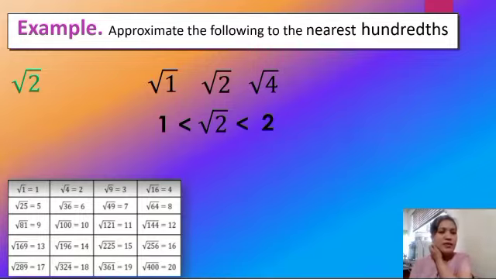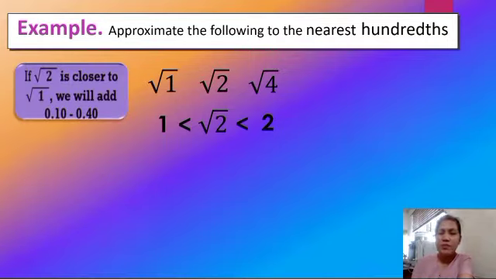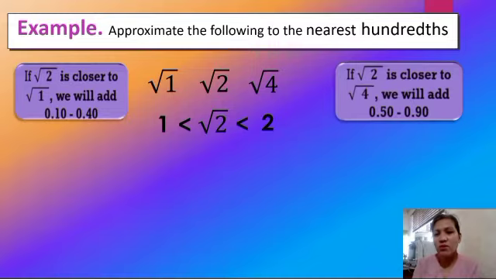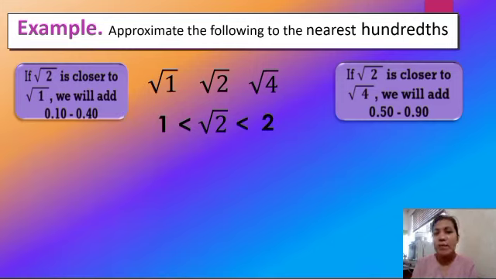Now, next step is we are going to identify which is closer. Closer ba si square root of 1 kay 2, or mas close si square root of 2 kay 4? Pipiliin natin which is closer. Syempre, the square root of 2 is closer to 1 than to 4, kasi meron pa siyang distance na 3. Dito magkasunod sila. Ito ang gagamitin natin. Ibig sabihin, sa 1, magdadagdag tayo ng 0.10, so magiging 1.10,